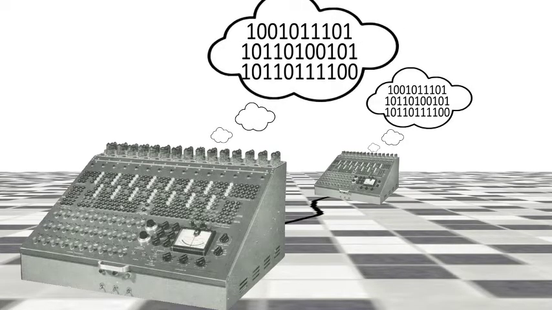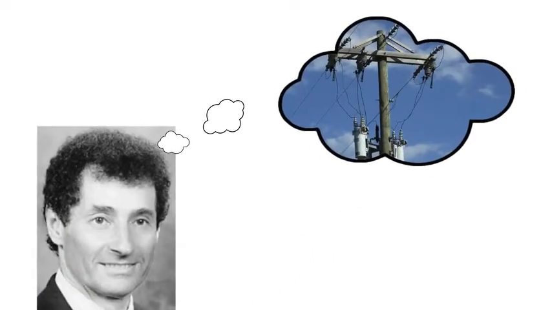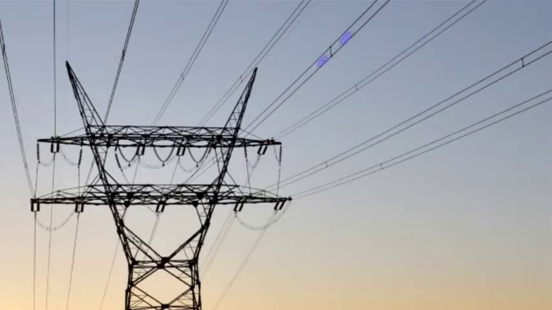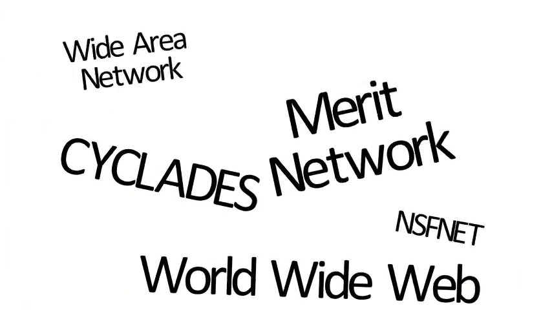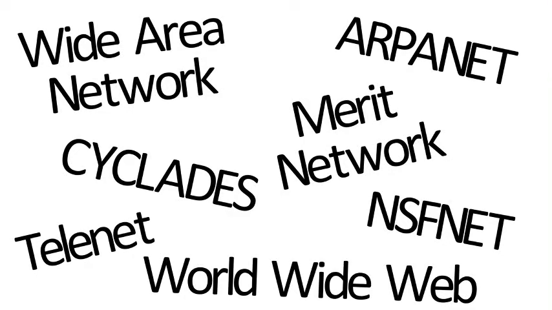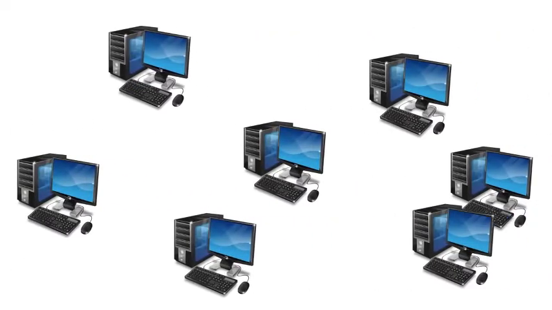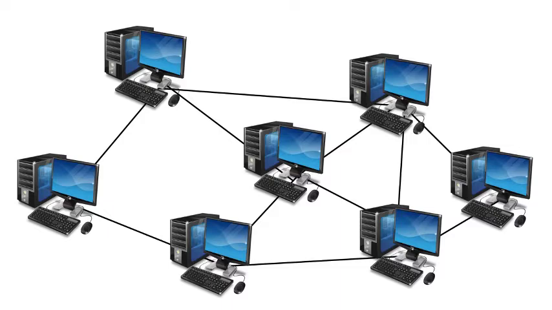Now, it wasn't long after this that computer scientists came up with the idea of sending these same signals over the telephone lines to be able to theoretically send and receive data from any computer anywhere in the world, provided of course it was connected to the same phone lines. This concept went through many iterations and names, but became known as the Internet around 1995 when it was made available for public use. The fundamental physical workings of the Internet haven't really changed much from this model of computers just talking to each other over wires. The specifics have been updated and optimized, but the concept has remained the same.